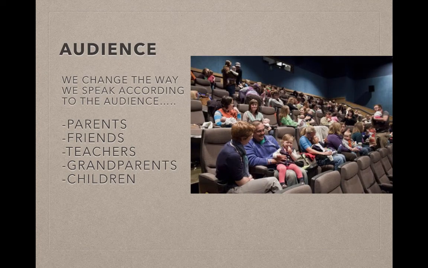Again, we've talked a lot about audience. So remember that we change the way we speak according to who we're talking to. The way you talk to your parents is going to be very different than the way you talk to your friends or your grandparents or your teachers or maybe children who are smaller than you. In this case, your audience is going to be your group of peers. It'll be your English class that you will speak to for the first 3 to 7 minutes of your English class. That floor will be yours, and you'll be speaking to a peer group that is your age.